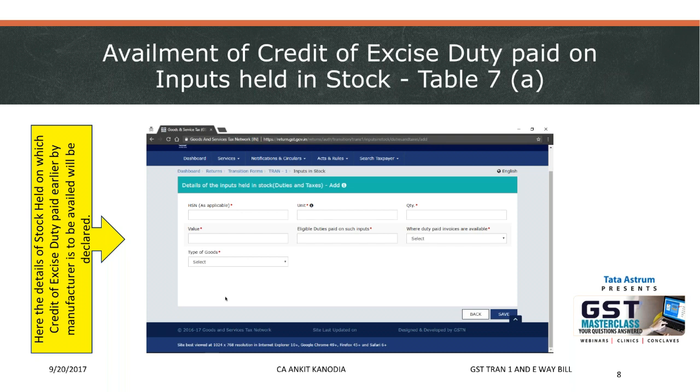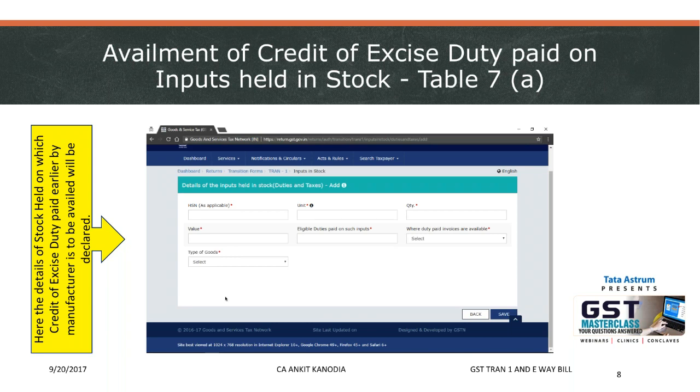So whatever is your closing quantum of raw material, FG or finished goods, or your WIP or your inputs held in stock, from which you would be making taxable supplies under the GST regime, and you can substantiate that you have an invoice, excise invoice or a VAT invoice or a tax invoice for the same, then the government tells you that to the extent of your closing stock of finished goods or WIP or input, it will allow you the transition credit. So for 140 subsection 3, the details they are asking for are HSN as applicable at 6-digit level for excise,